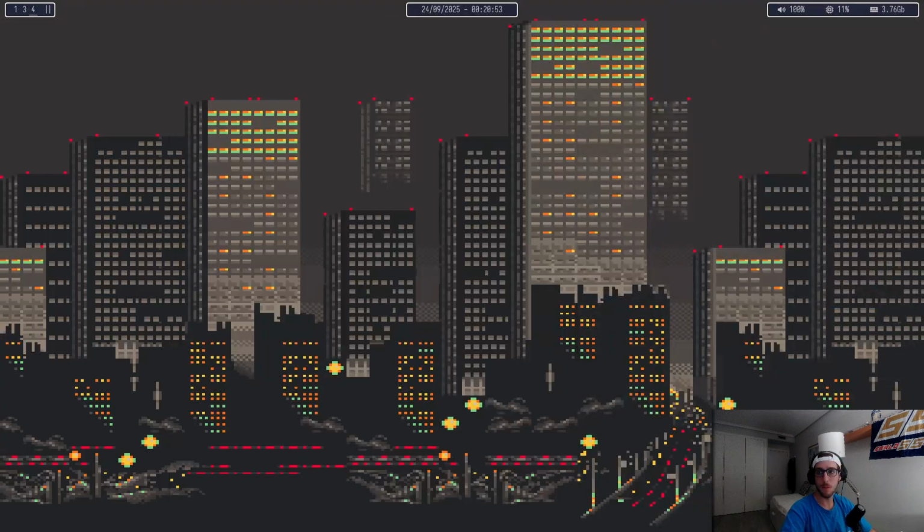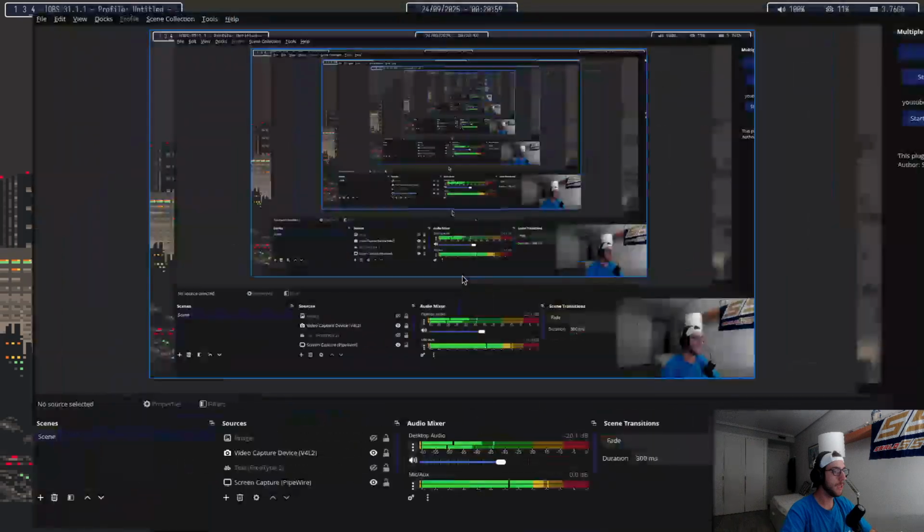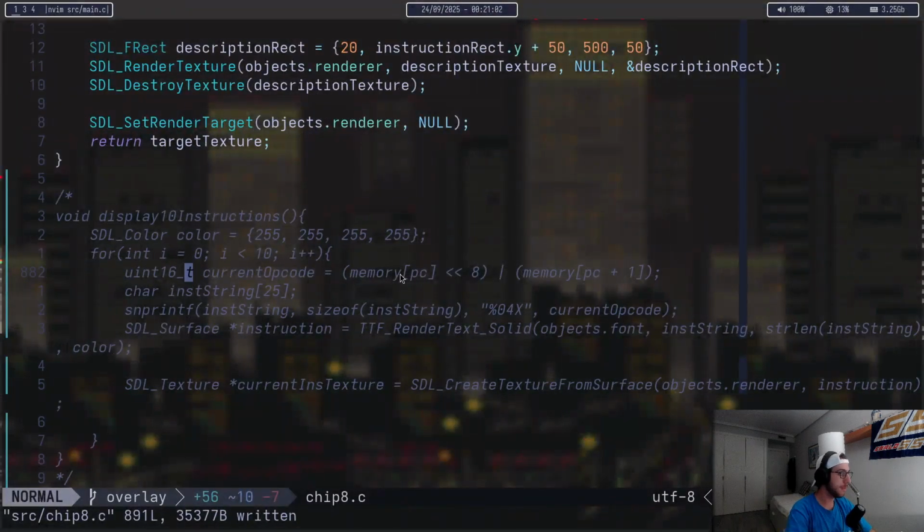Let's see if I can move this in here. Oh my god, this looks horrible. Okay. Now let me just move it back here. I don't care. Okay, so